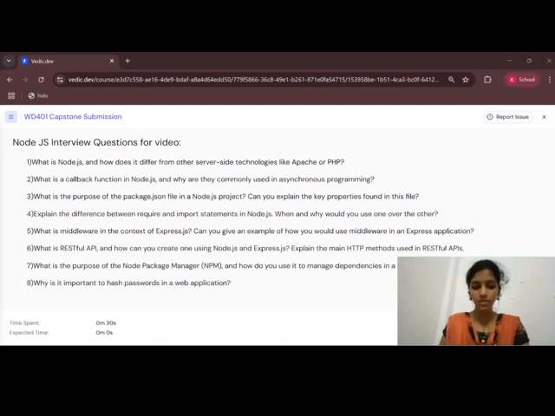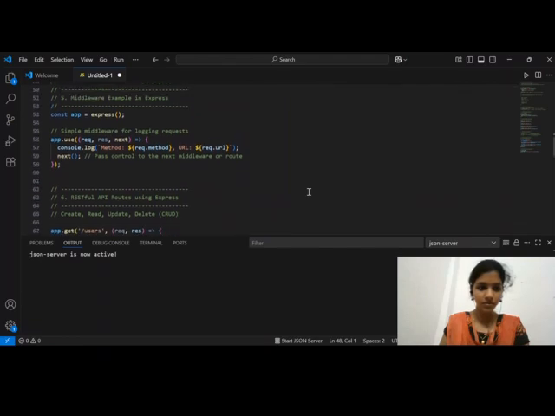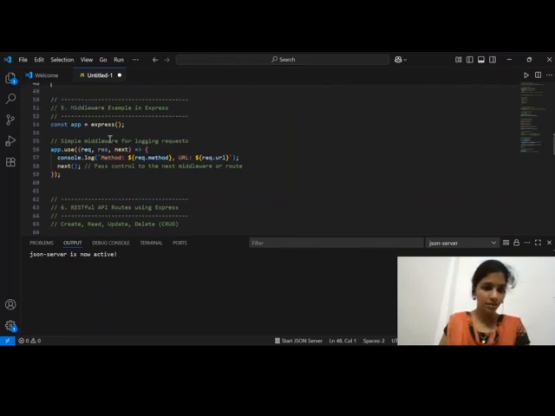Middleware functions are used for logging, authentication, body parsing, etc. Let me show you an example code. This is the example code. Every request is logged before going to its actual handler.